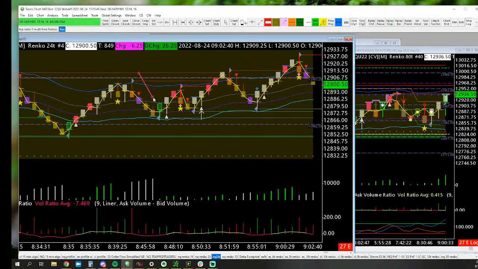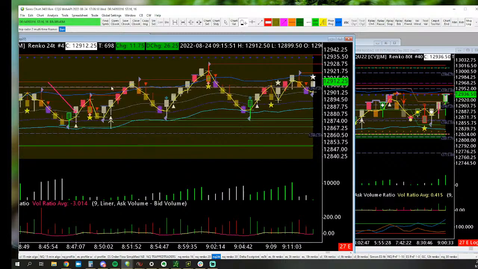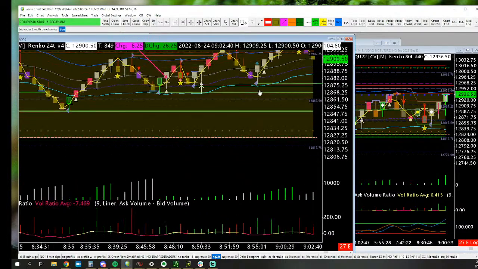It was in the first 30-minute. It must have been right in here that I actually bought the calls, but the confirmation happens right there at 900. So it confirms up here, and I didn't buy them immediately. I waited and bought them in here, because I figured it's the beginning of the day, it's a high volume node, and we're going to keep trading back and forth in there. There's no reason to buy the breakout. I'm not going to buy this, but I'm okay buying this with calls